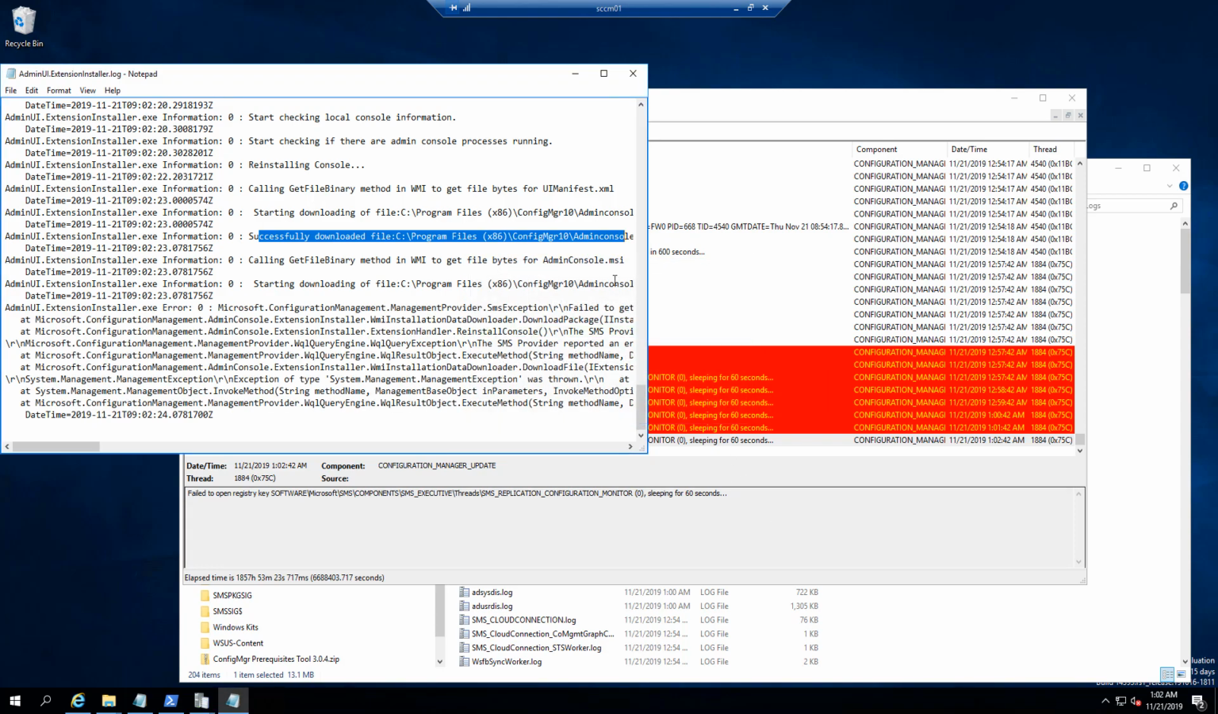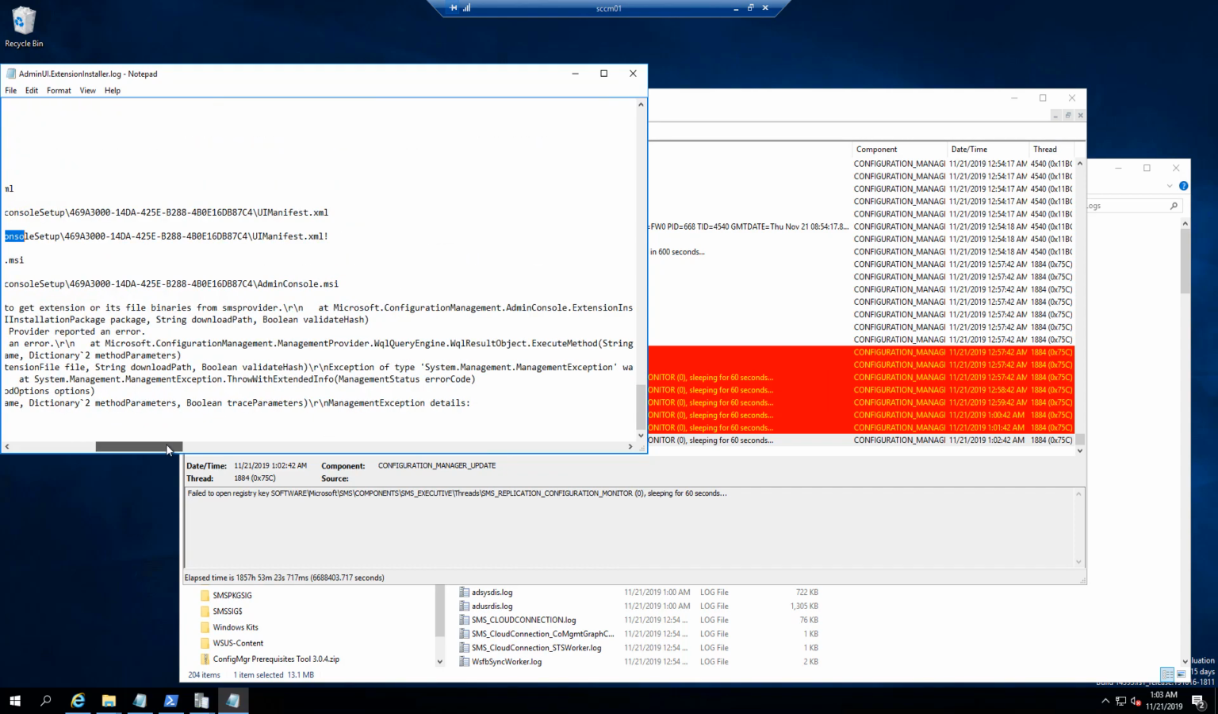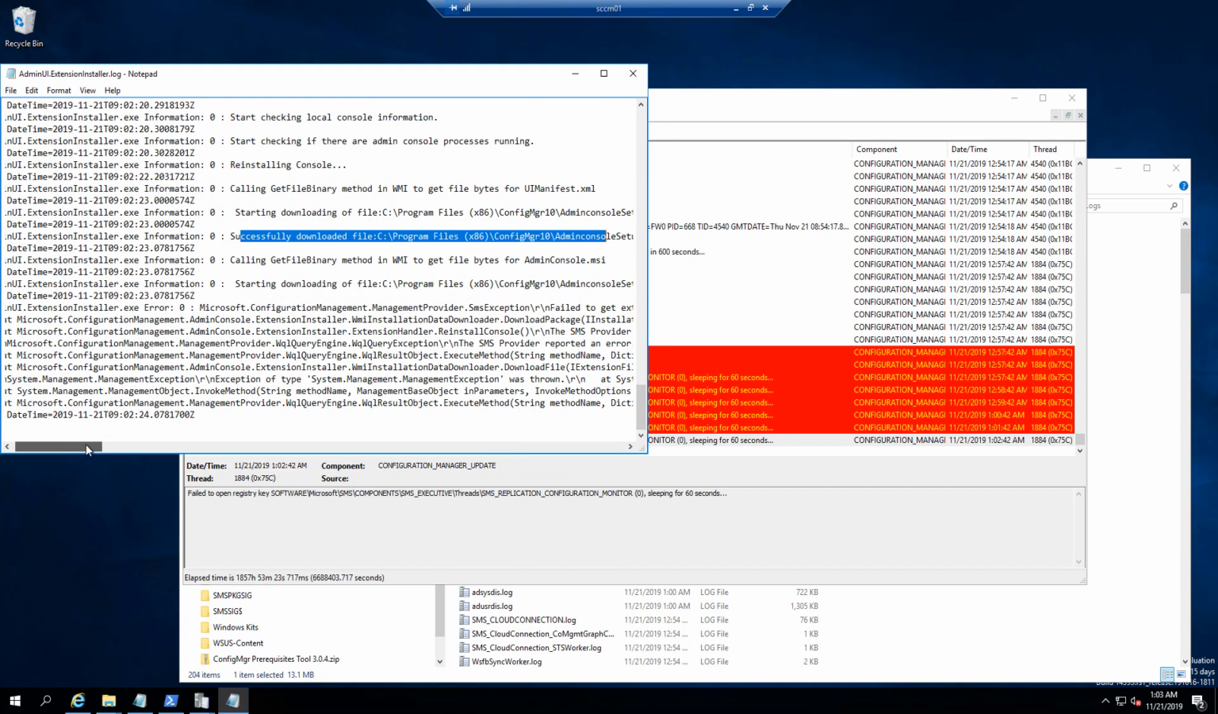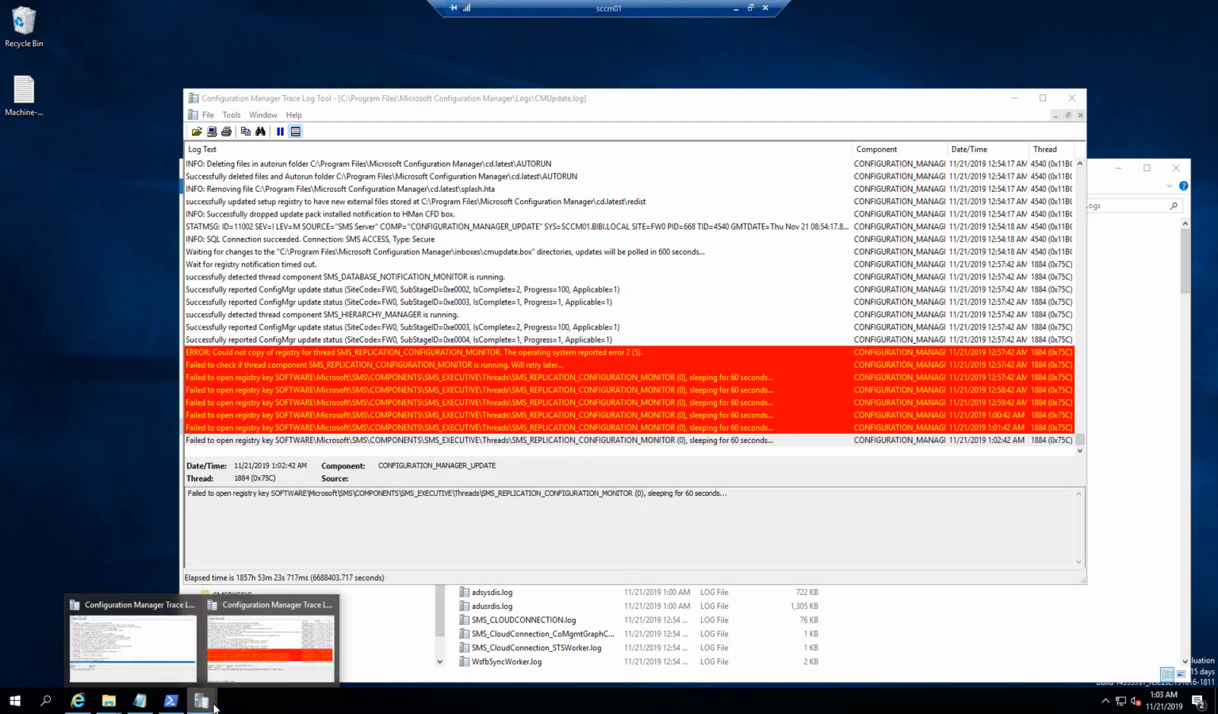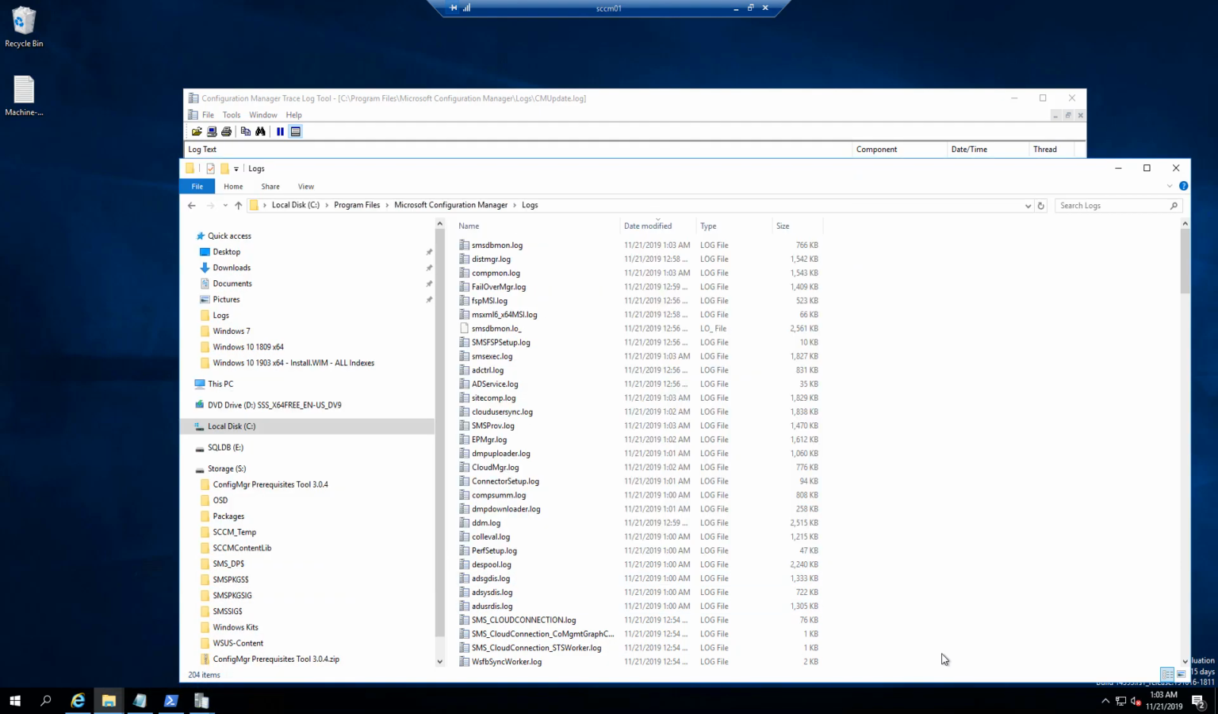Close it. I'm going to close this log. Failed to open registry key, software, and so on. Okay. And if I go back and try to relaunch it,